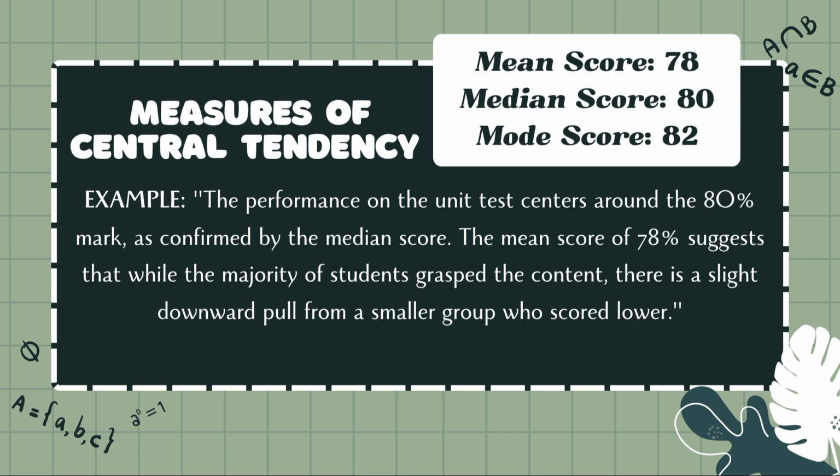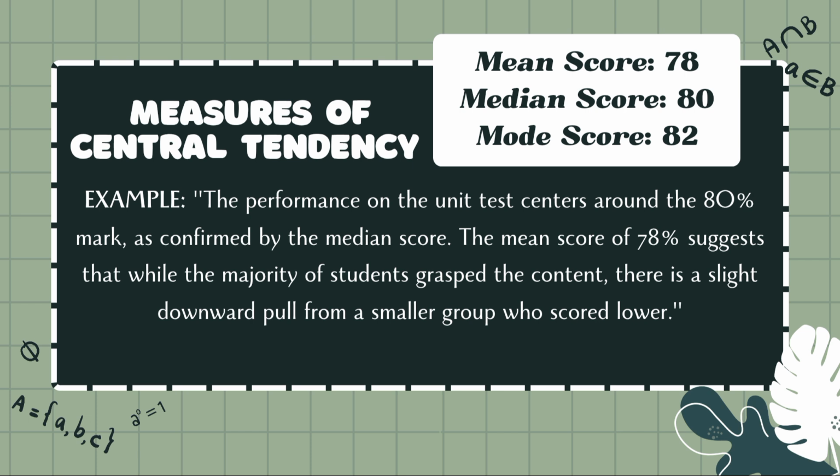The median of 80 represents the exact middle score when all scores are ranked from lowest to highest. It is the point where 50% of the class scored higher and 50% scored lower. Because it is the point dividing the class evenly, it is often the most stable and representative measure of where the typical students fall. The text correctly uses this measure to establish the center of the students' performance.